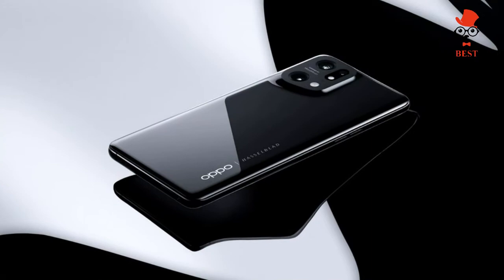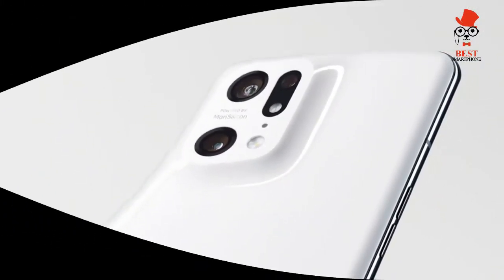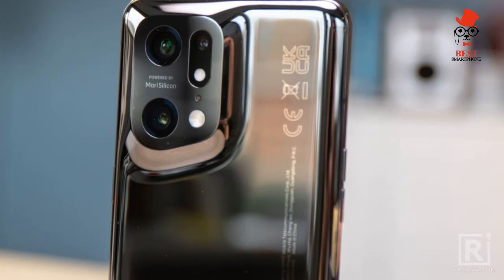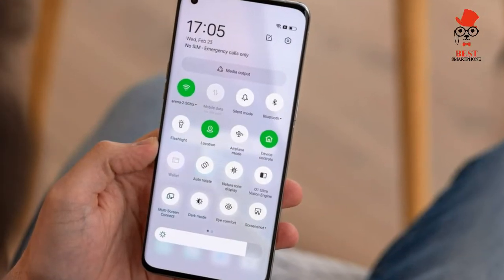Oppo Find X5 Pro. The best Android phone 2022. When Oppo unveiled the Find X3 Pro, its design was a bit of a shock, to say the least. The single pane of mirrored glass on the rear that curved up, around, and over the camera module looked unlike anything else out there. There's no such shock this time around, as the Find X5 Pro, no, there was no